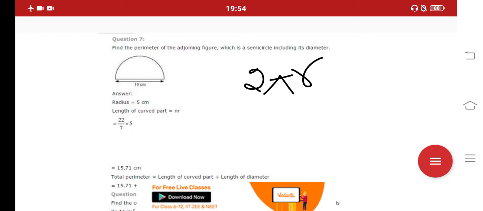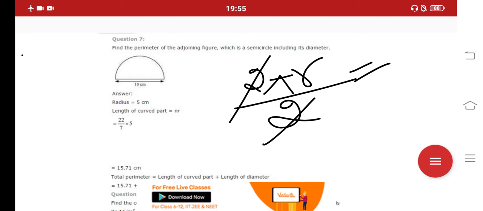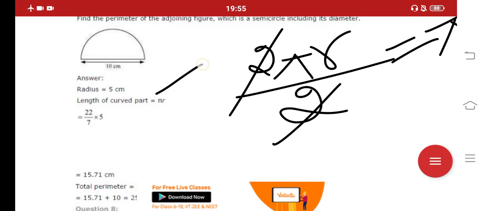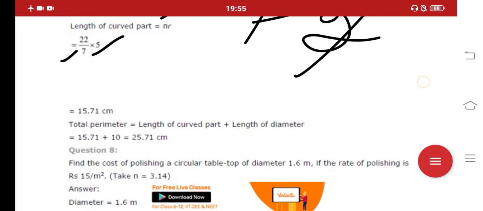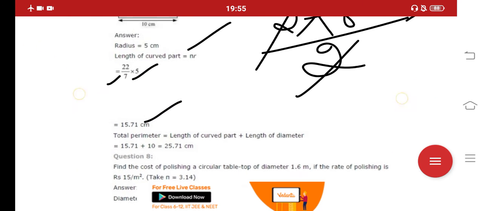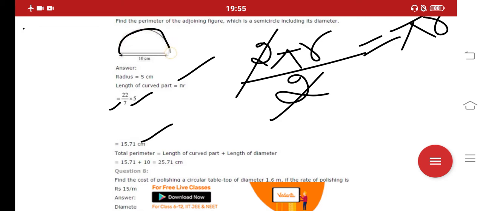In the case of a rectangle or square, we use the term perimeter, and in the case of a circle, for the same perimeter we use the term circumference. So this is the complete circle circumference. If we divide it by 2, we can easily get the perimeter, or circumference, of a half circle, that is πr. Here the diameter is given as 10. So πr, here is πr. So π into r. If the diameter is 10, then what is the radius? 10 divided by 2, that is 5. So 15.71 centimeter. This is the length of this curved part.